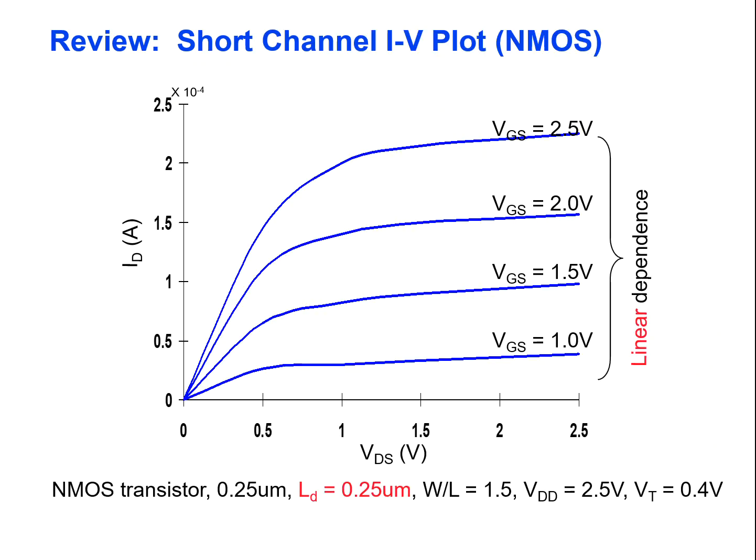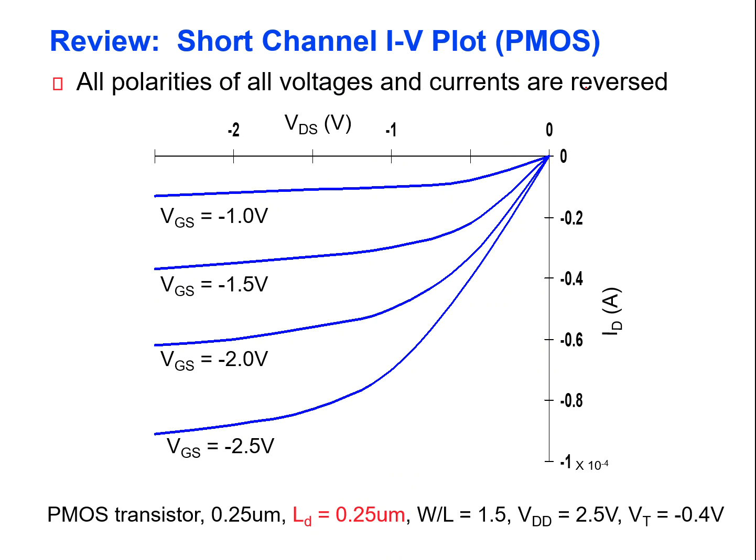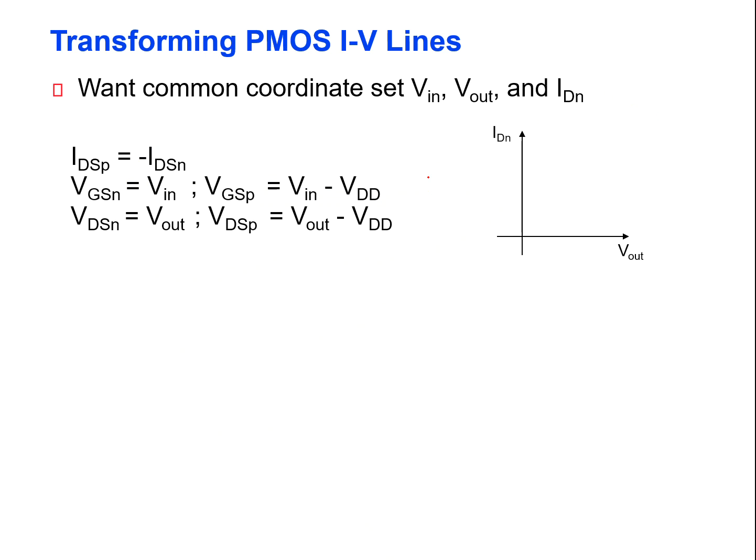As far as the NMOSFET is considered, if you consider the ID versus VDS characteristics with a constant VGS, we always plot the characteristics by varying the VDS voltage, while at the same time measuring the output current. So this forms the linear dependence. And if you consider the PMOS, it is in the third quadrant. The same logic we already discussed.